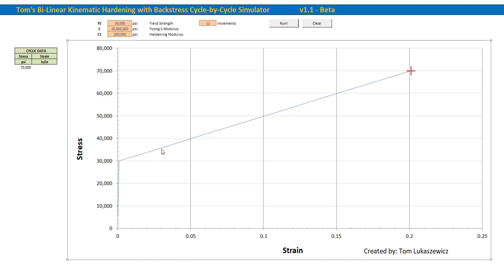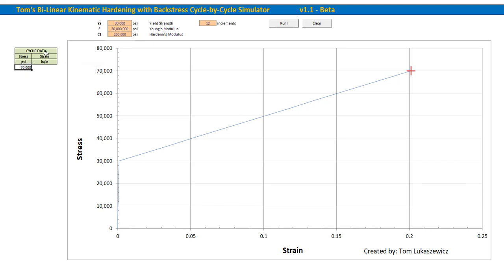Past that, you'll have a linear hardening model, so this goes up to about 70 KSI at 20% strain. This is engineering stress strain, by the way, and so again, nothing new